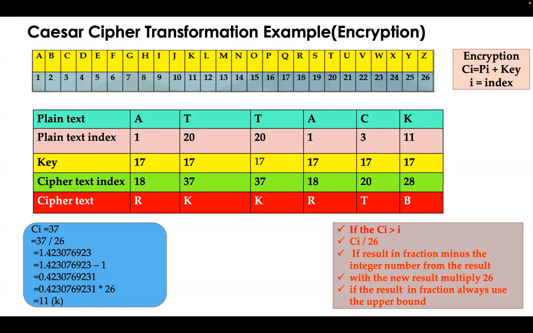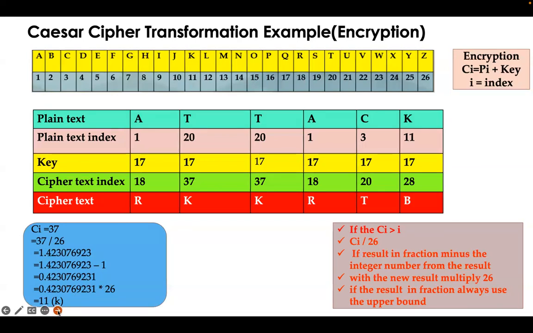Now we have the result, and with this result we have to multiply by 26. After multiplying this, we get 11. This 11 is our main index value for the ciphertext. In 11 number index, we can get K. So K is our ciphertext. And similar as T, and